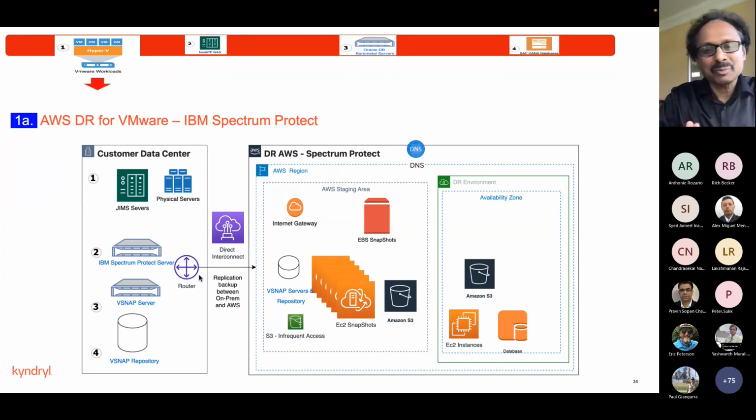So I think we are running out of time here. I do have a lot of additional slides covering what services we can select for DR, because DR is not only the VMware workload. The DR can be NetApp. The customer may be running Oracle bare metal servers on-prem. The customer may be running an SAP HANA database. So what kind of options are available for all these different categories, and which option should we select for setting up DR?